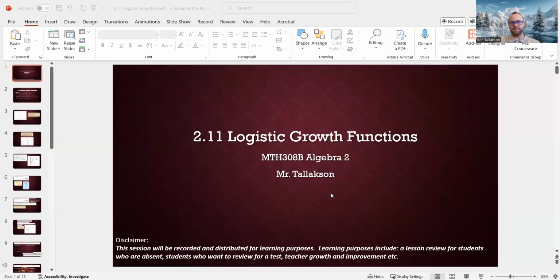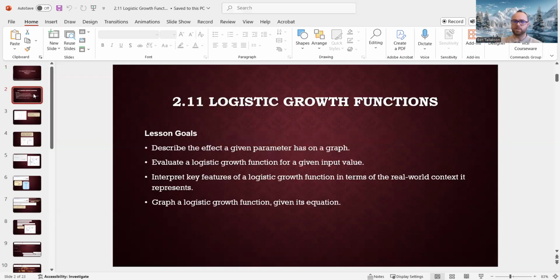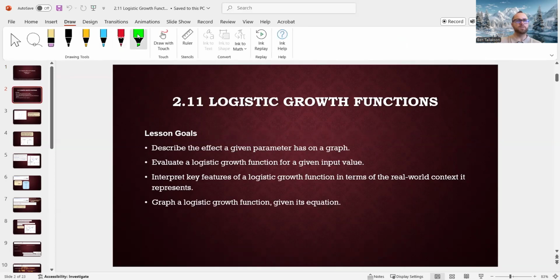Hey, welcome back. Today is 2.11 logistic growth functions. Let's take a look at our goals. We have a few. First being